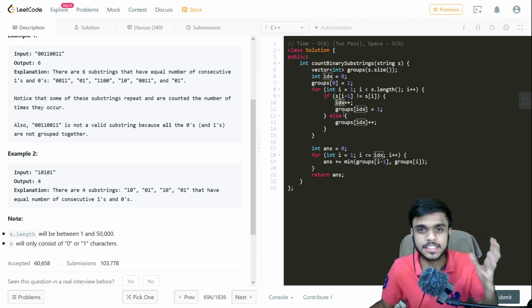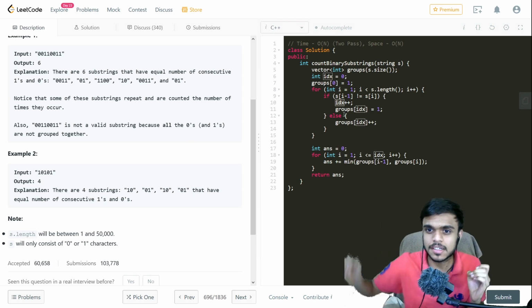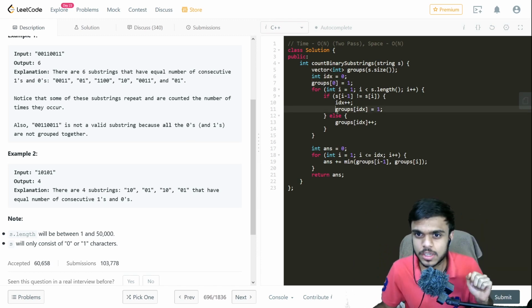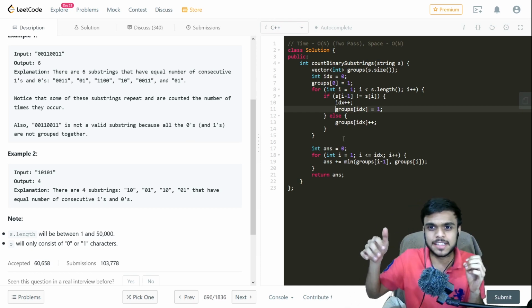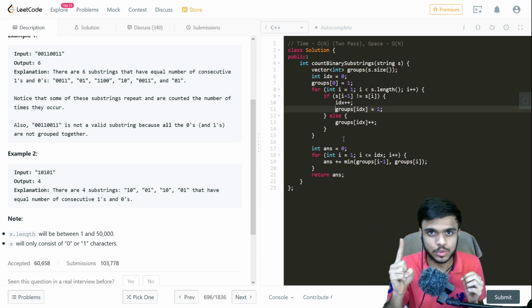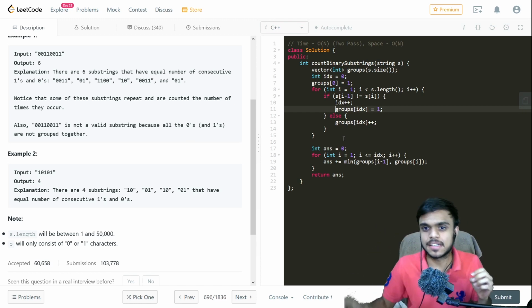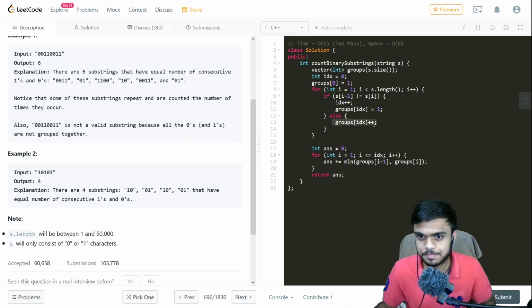In that case we are incrementing the index to move to the next element of the vector, and then initializing its value to 1, similar to what we just did with the first element. Okay, so that is what we do. If the characters are different, we increment the index and set the vector element value to 1, or else we just increment that current count if the consecutive characters are same.